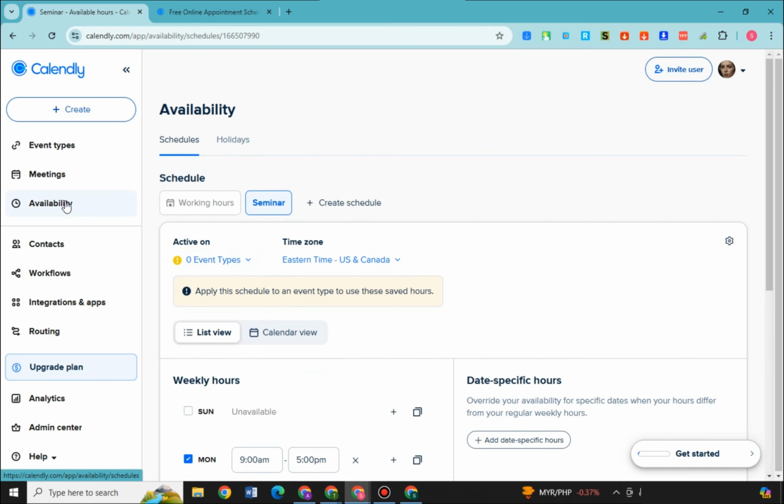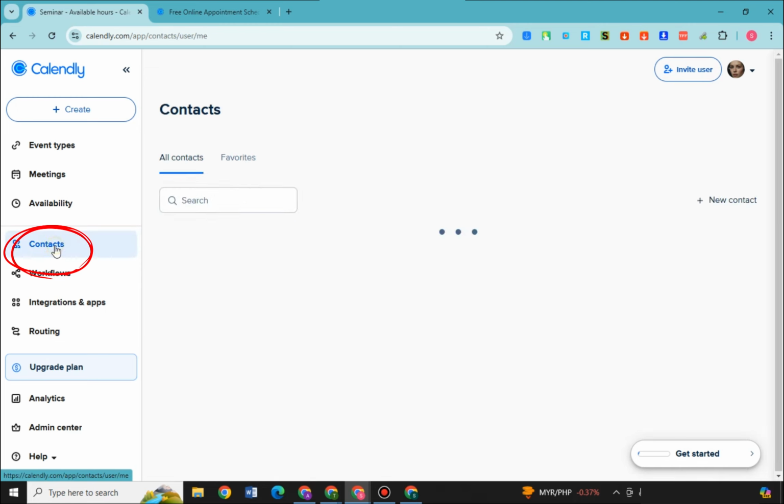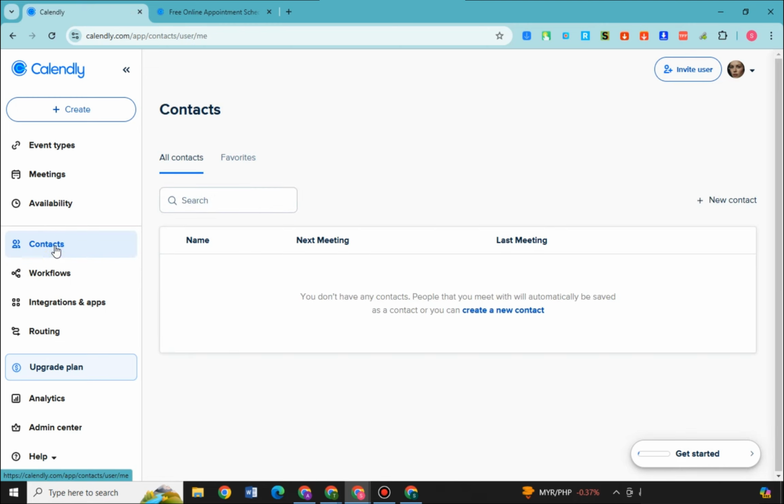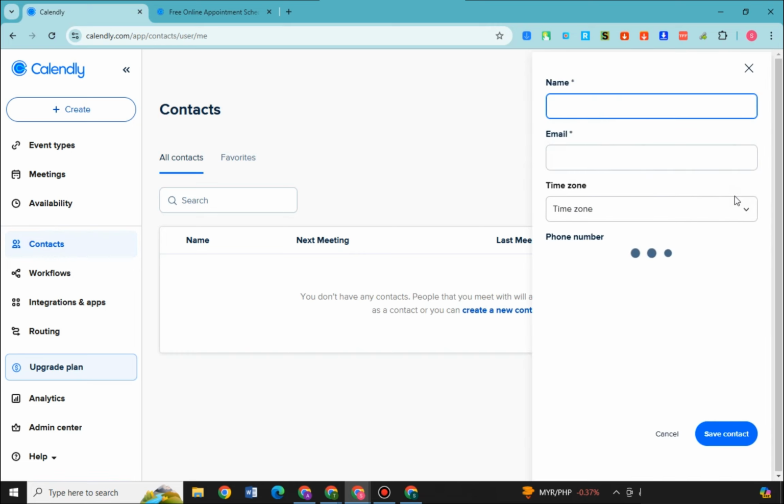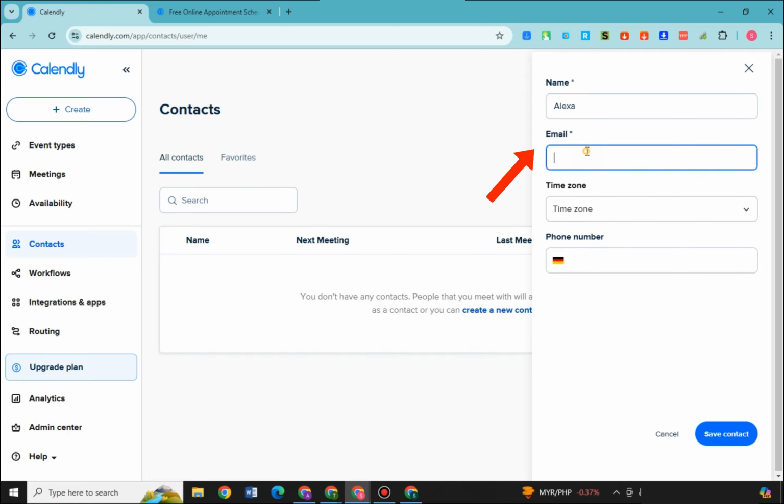Okay, let's move on to contacts. To manage your contacts in Calendly, the platform offers various options to collect, manage, and sync contact information. To add contacts, you just have to simply add their name, their email address, and then time zone. And then that's it. So you can add more here. After you have added their information here, what you're going to do is click